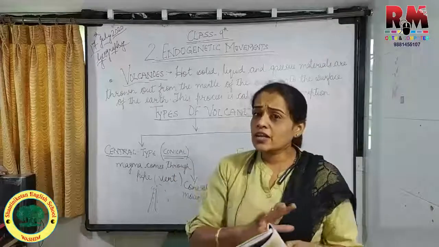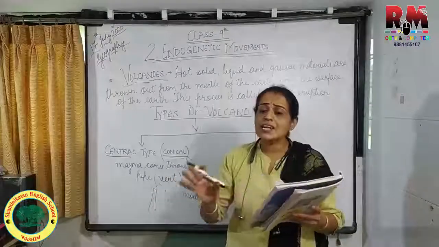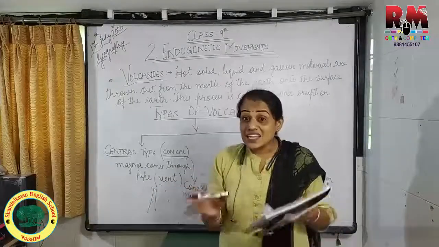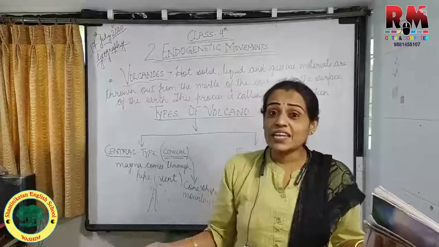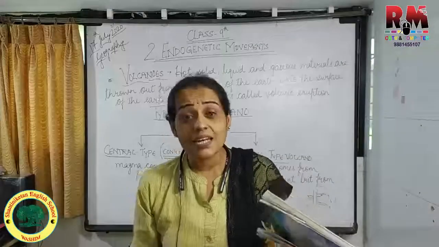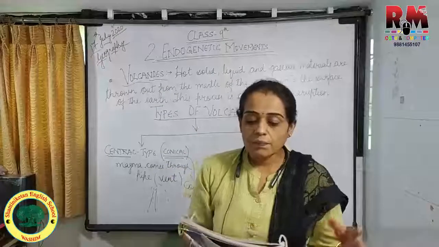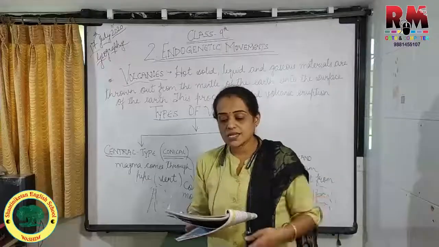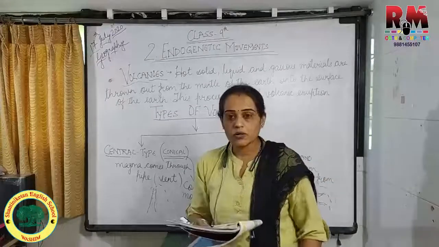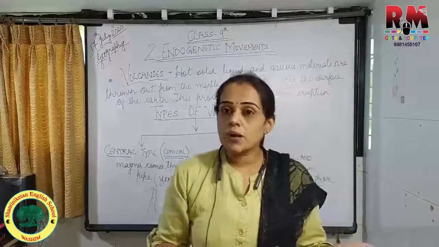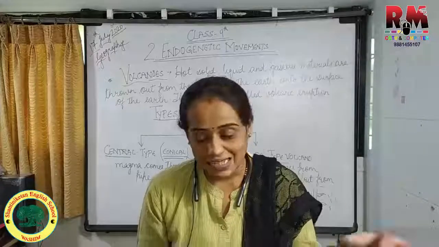Okay, the volcanic eruption has not happened, it has not erupted, but there is a chance that it may erupt anytime, it may erupt suddenly. So that is why it is called a dormant volcano. Example, Vesuvius, Mount Vesuvius in Italy, it is formed because of the dormant volcano only. Then your Mount Katmai in Alaska, Barren Island, India.